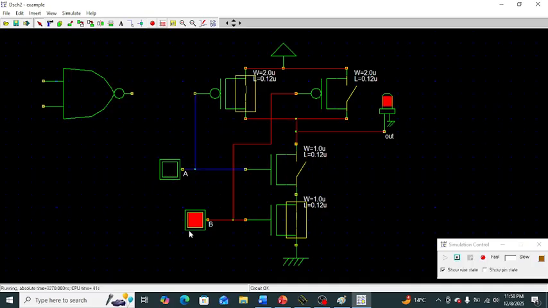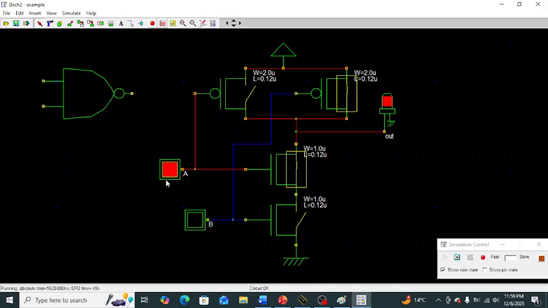And whenever the input is 1 0 or 0 1, in that case only the pull-up network is on and the pull-down network is off, because of the two PMOS and two NMOS, one transistor is turned on and another is turned off. But this will create the parallel connected PMOS opening the VDD to output path whenever the input is 0 1 or 1 0. For example, suppose we apply 0 1 input here or 1 0 input. In both cases only the pull-up network path is on and the pull-down network path is off. That's why output is directly connected to VDD supply and this shows the output is 1.